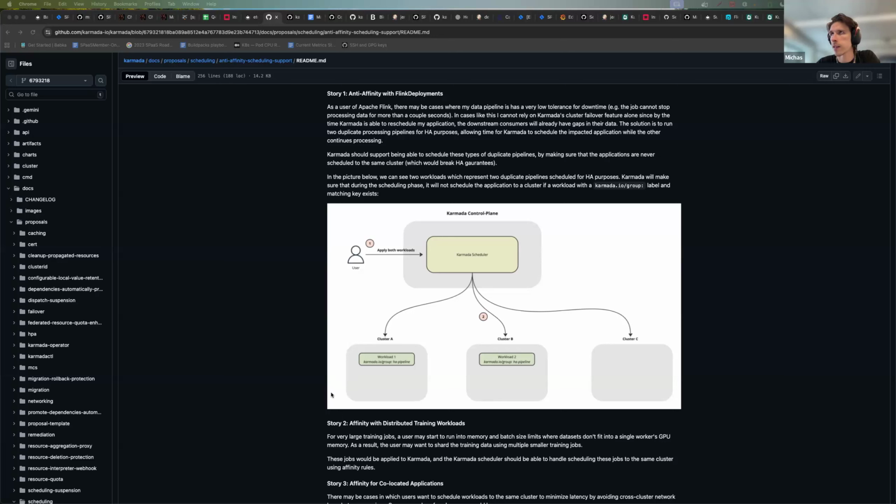During failover, let's assume that cluster A goes down. Karmada already will filter cluster A out of the equation because it's failing over from there. But when the application gets rescheduled, in the feasible clusters it should filter cluster B out of the equation as well, because the other duplicate workload is already scheduled there. So instead, we would expect workload 1 to be rescheduled to cluster C.